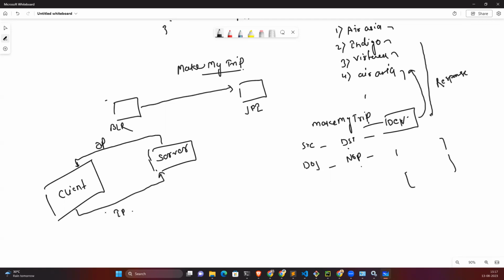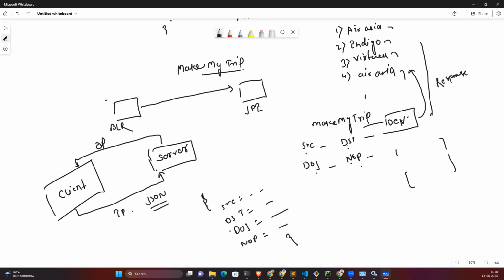Whatever API you have to call, you have to send me the request in some specific format, and that format is known as JSON. You have to use the JSON format to send me the request. Means you are passing the source, destination, date of journey, and number of people, right? So these four pieces of information you are passing, in the form of JSON. JSON is nothing but a dictionary, like key value pairs: SRC, and here you have to pass the value. Destination, you pass the value, then DOJ, the date of journey. NOP means number of people, and again you pass the value. So like this, you have to pass the dictionary. The dictionary is called JSON, and this JSON you have to pass to the server.